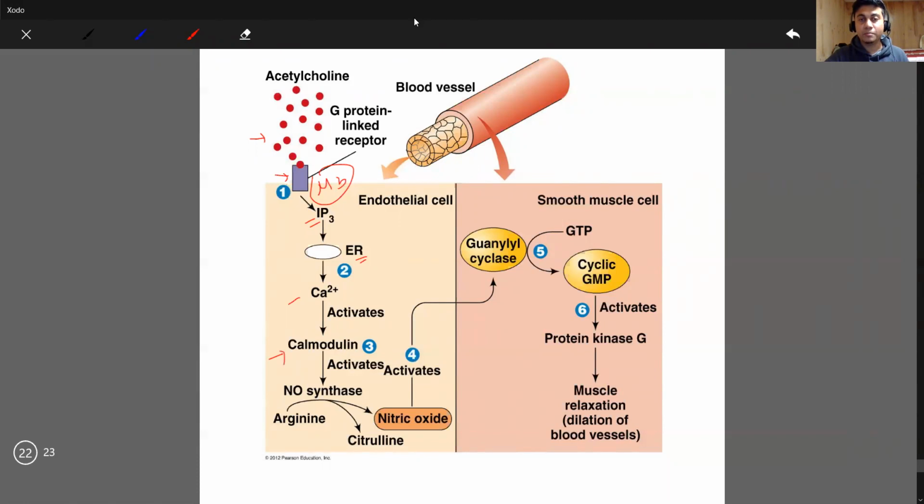There will be calcium binding to calmodulin, the calcium modulating protein. This activates the nitric oxide synthase that converts the arginine into nitric oxide and citrulline. This nitric oxide goes from the endothelium to the smooth muscle cell, and it stimulates the guanylyl cyclase, that, okay,